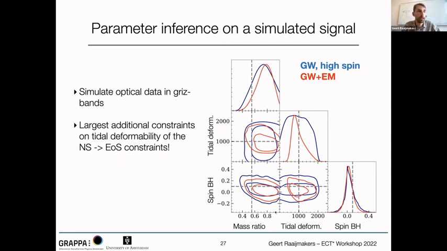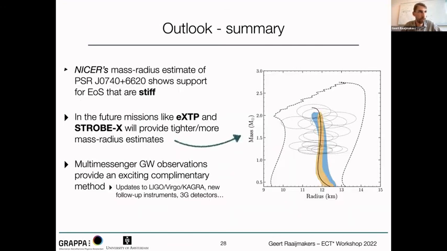And what we can see then is for these three parameters, the mass ratio, the tidal deformability, and the spin of the black hole, that we actually get a lot more constraints, especially on the tidal deformability of the neutron star, when we do this joint analysis. This is very interesting because this will translate to much tighter constraints on the equation of state. And so that brings me